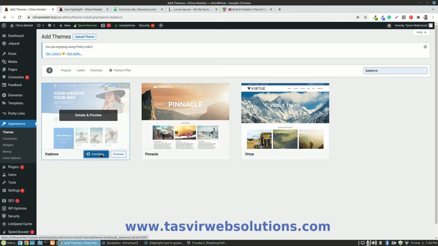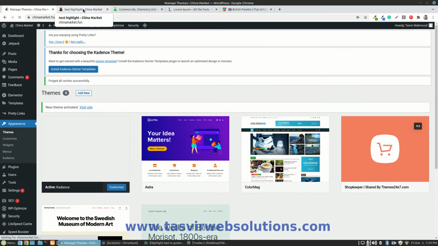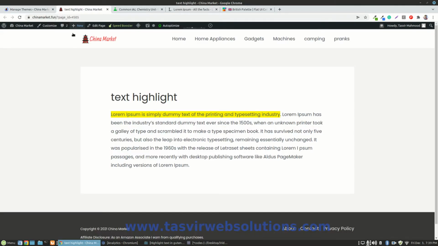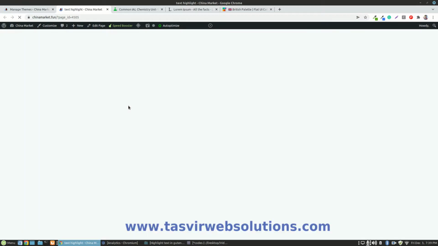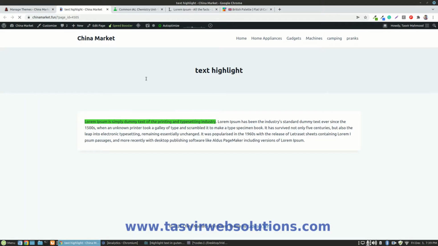Okay, let me install and activate this theme. Okay, I've activated the theme, so let me refresh it. It's going to look different. Now let me edit the page.